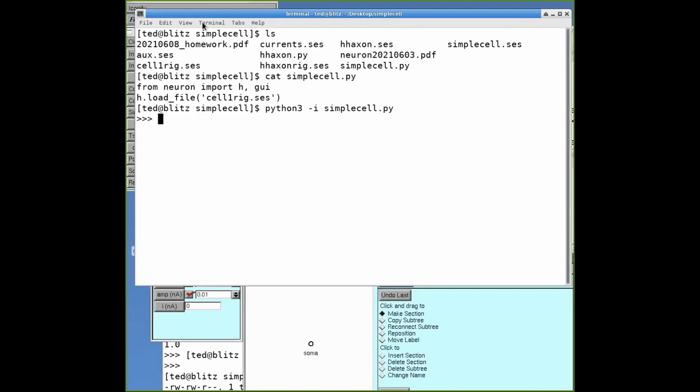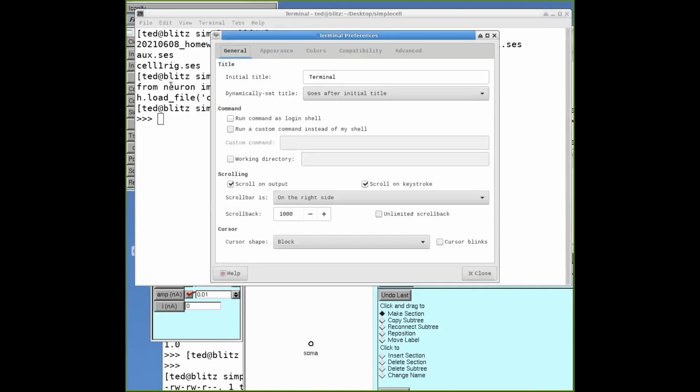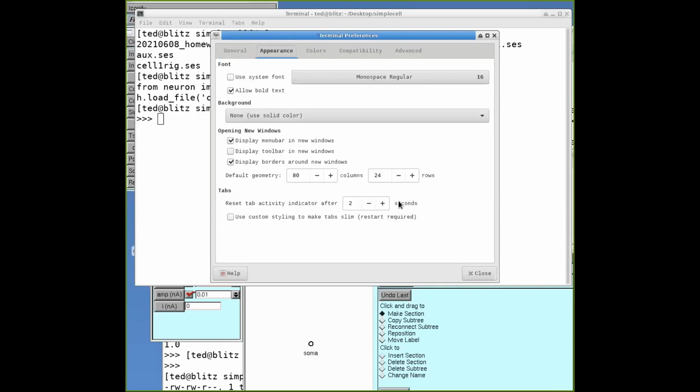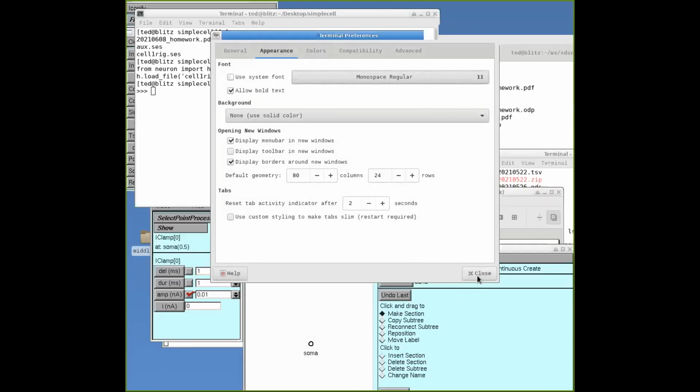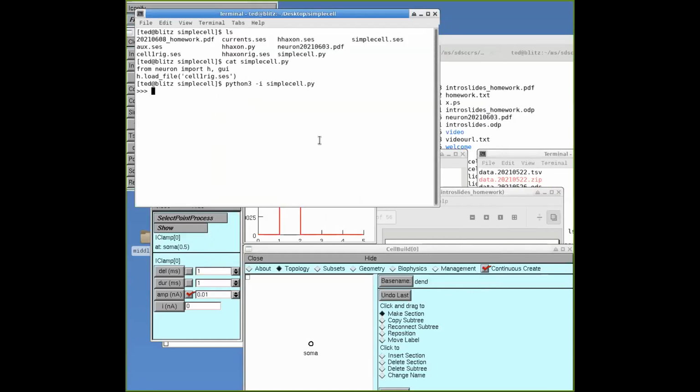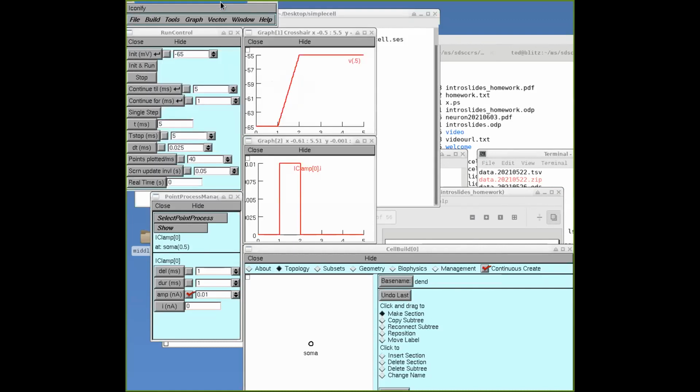Okay. Let me change these preferences. It's a little too big. Go back to appearance. Change this back down to something more manageable. There we go. Close. That's better. Okay. All right. Admit. Letting in somebody. So now let me